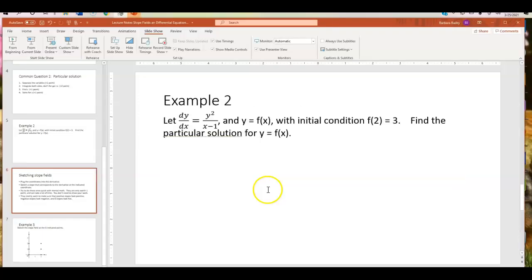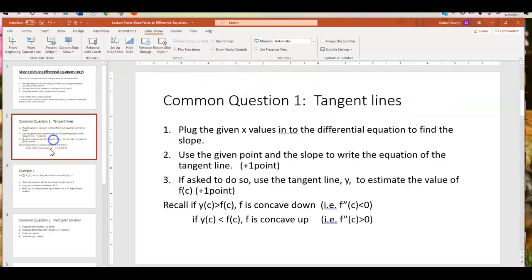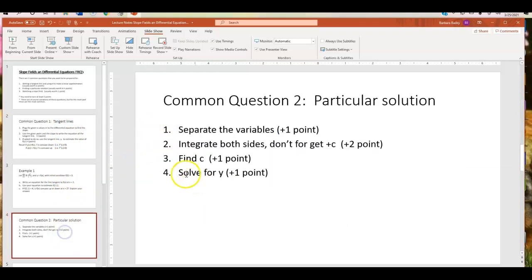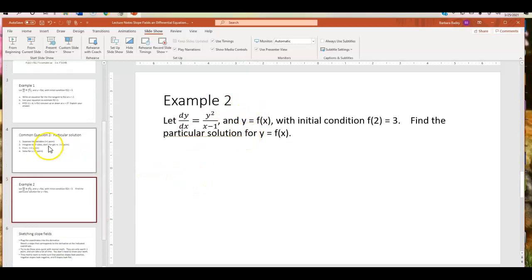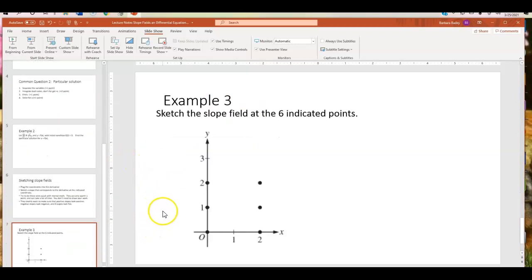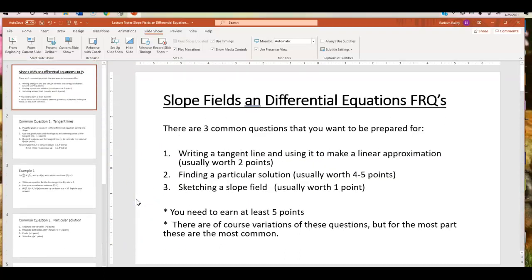And that's it. So that's it for our FRQ review for this week. I love these slope field and differential equation questions because they're very predictable. You guys will see one of these questions and it will definitely have this 1 and 2 on there. It will definitely have this type of problem on there. It could have a few of the other things that I shared with you. They have this quite often as well. So very predictable, very easy to prepare for.